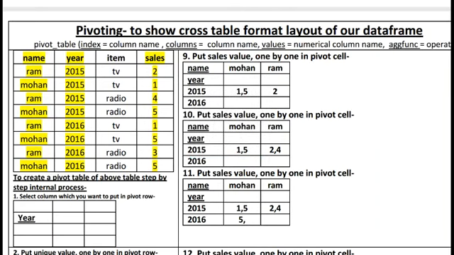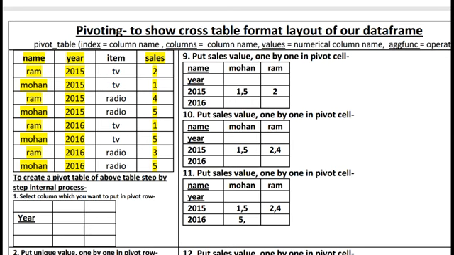Today I am discussing our last topic, pivoting, again with a few new features. So pivoting is a big facility. Suppose we have a table and we can see this table from different points of view, different angles, or generally we can say cross table format, because a company has a database, but different departments use this database from different angles for analysis purposes.